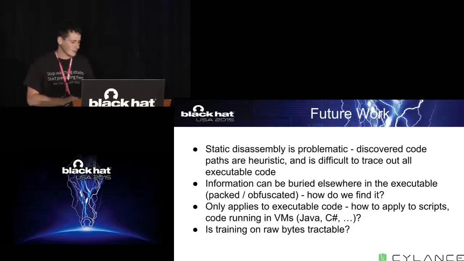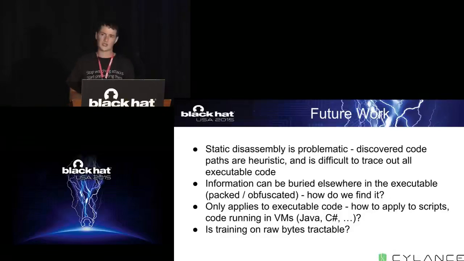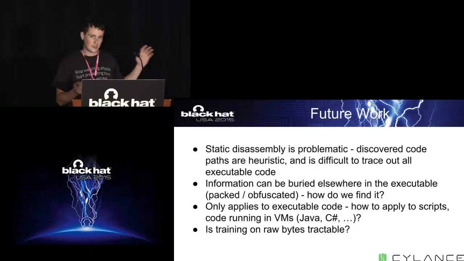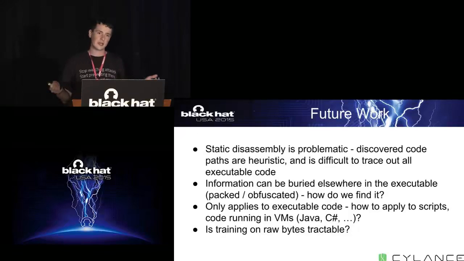Another interesting thing I'd like to look into is whether training on raw bytes is tractable, right? Because if we have disassembly data, you may take a 20 megabyte PE that has a whole bunch of images on it, and when you disassemble it, you may wind up with several hundred kilobytes of disassembly information. So for the disassembly model, it's going to be very small, very compact, and easy to train. But if you're training on raw bytes, it gets much more difficult, right? Because you have to consider every single byte, and that can be very, very large for some PEs.